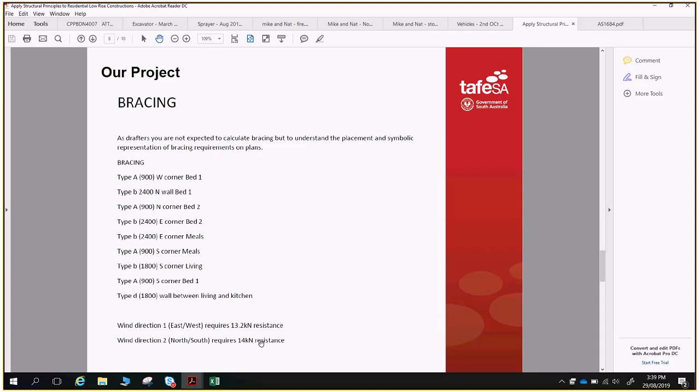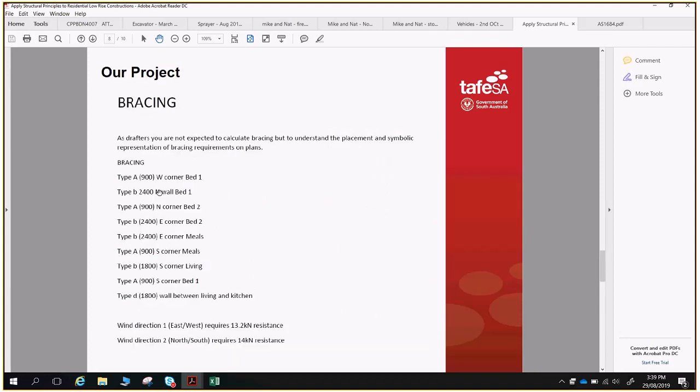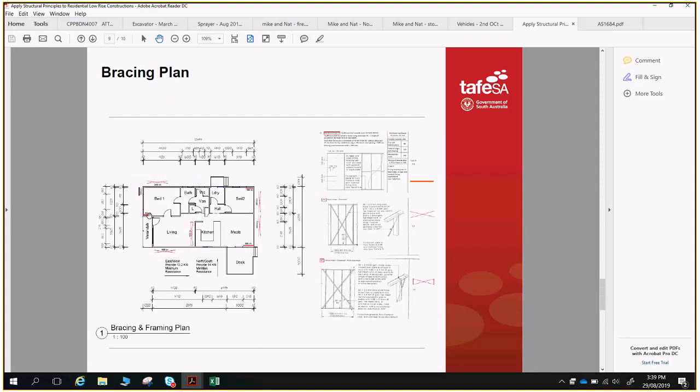One important thing to note is that it's talking about the western corner of bed 1, northern wall of bed 1. So this is our floor plan here for the property. That assumes that north is facing towards the left of the page. So north, south, east and west. That means our western corner of the wall, so type A 900 for western corner bedroom 1 is this little corner here. Northern corner,